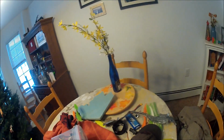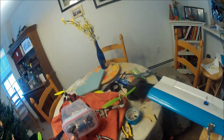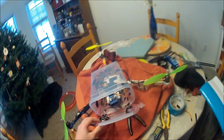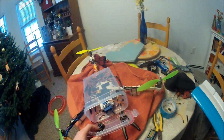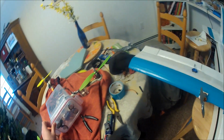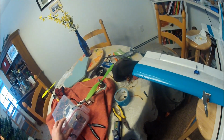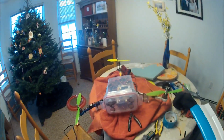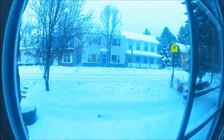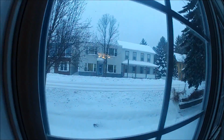I'd have to order some, which I'm probably going to do in the future anyways, but yeah, this guy's really simple. Waterproof LEDs on the back, and then these, I think there's some tutorials on how to make these. These are those really cheap LED lights you can buy at the dollar store, so I like doing that. They don't actually provide that much headlight unless you're flying really, really low, but yeah, waterproof tri. And the reason for waterproof tri, yeah, really, really snowy, so